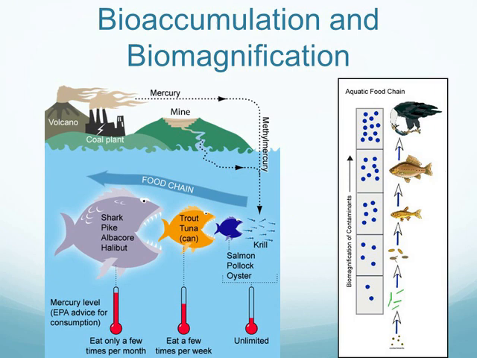All right, so hopefully you guys understand that. So you can see there's a doubling effect of that mercury each time it goes up a level. Whereas at the bottom you only started with 2 dots, by the time you got up to the eagle, you're at, what is that, 2, 4, 6, 8, 10, 12. You're at 12 dots now. So that's 6 times the amount of what you started at. Which, when you look at mercury and toxins, that can be a huge effect.